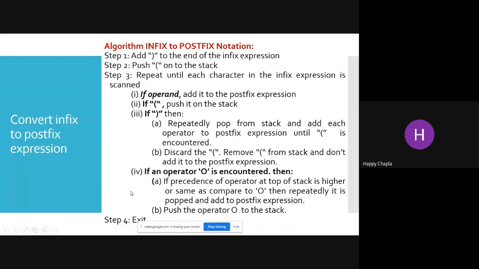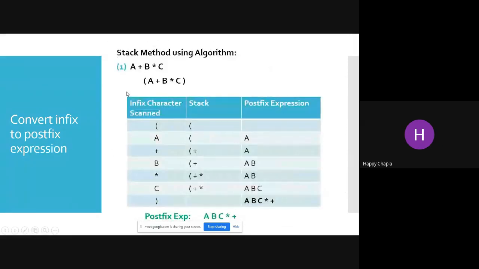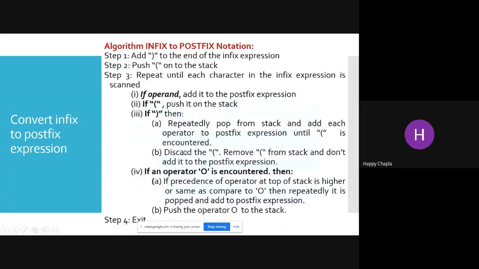First thing, add a closing bracket to the end of the infix expression. We need to start with a starting bracket and a closing bracket.